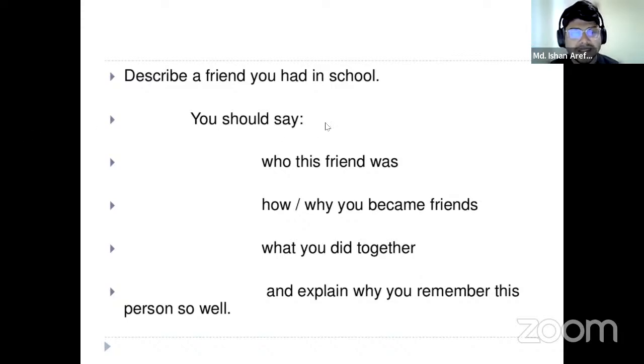And in the slide, there is an example of a cue card. So think of this as a cue card. You can see the topic and some questions regarding that topic as well. So this is an example. This is a perfect example of a cue card.